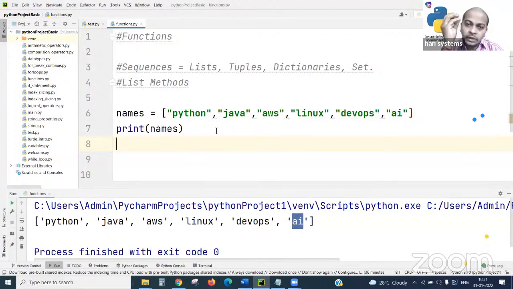How can I, if I read the Java, I want to stop the loop. How does all of this happen? Very quickly we will see now. We are constructing how the for loop will work.